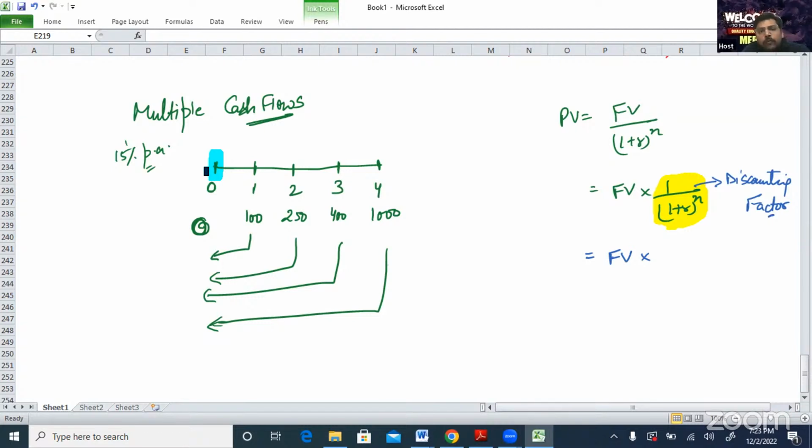Now you have to calculate the present value of all these cash flows. So that is called what? That is called net present value. So I press net present value. As I press it, it asks me what the interest rate is. That is 15%. I put enter, and then I again press the down arrow key.